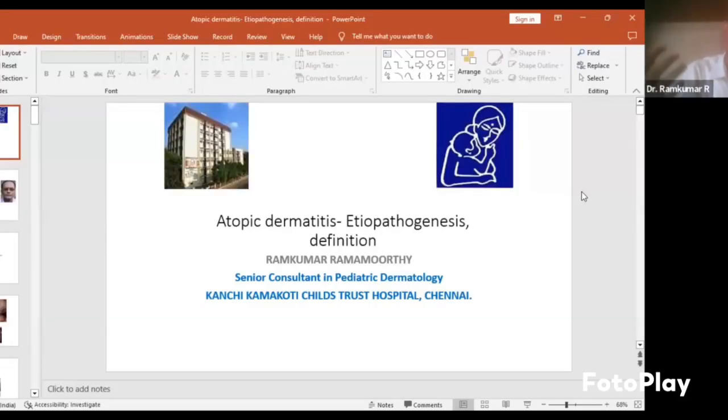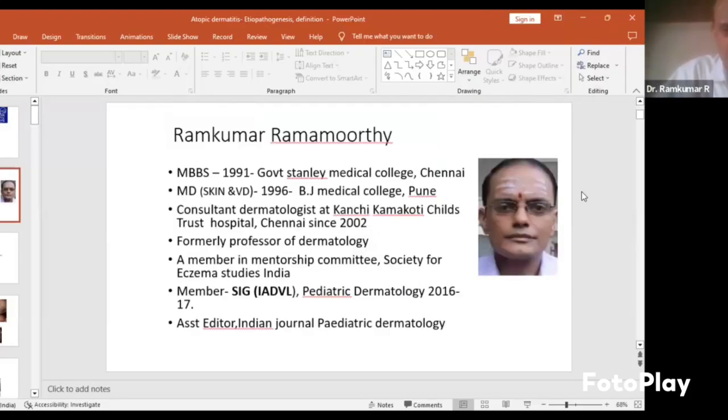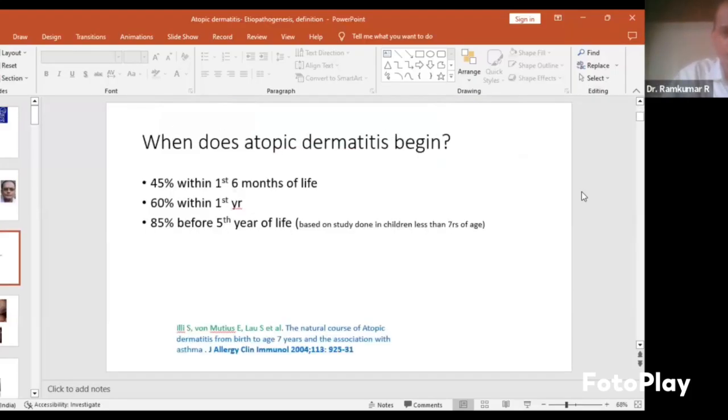And I think since there is no universally accepted definition of atopic dermatitis, I think this highlight on etiopathogenesis will give you enough material to think and understand atopic dermatitis. So, the very first